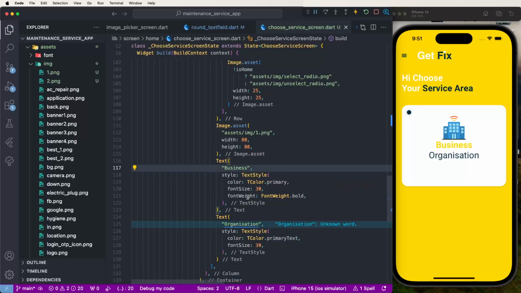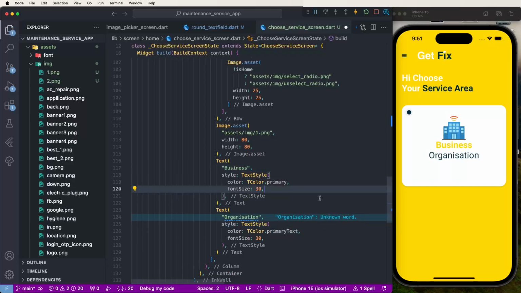All right, good. Remove the bold, not needed, and also set the font size to 20. Also we need to decrease, 20 is good,